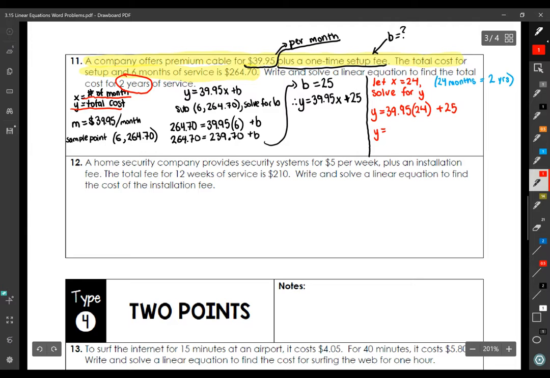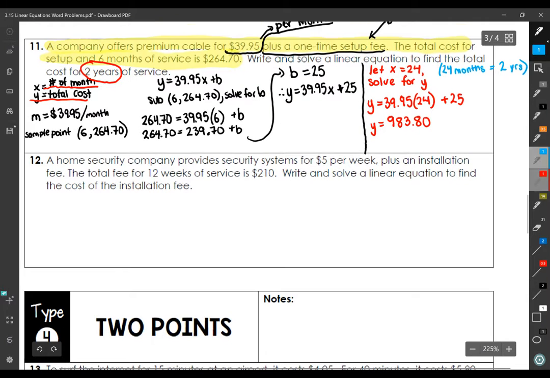Okay? And once we calculate 35.95 times 24 plus 25, we're going to get a total of $983.80, I believe. Okay. So now we just have to add our therefore statement. So therefore,